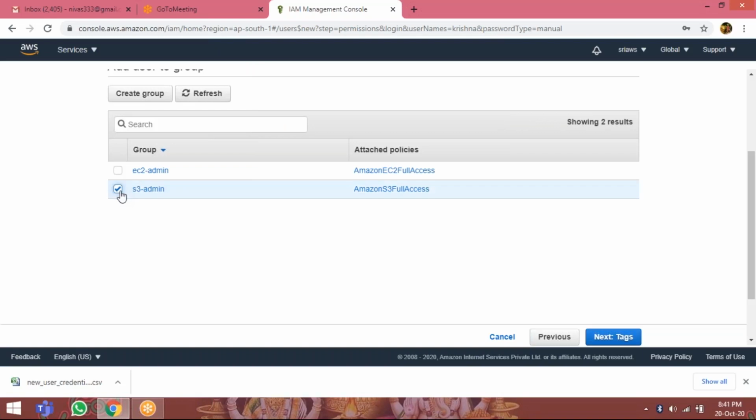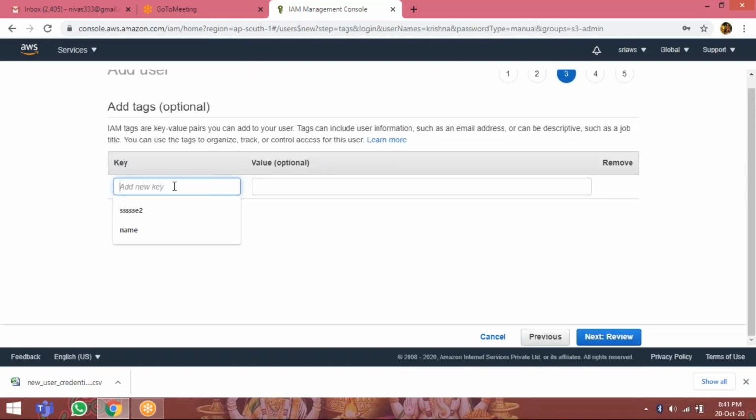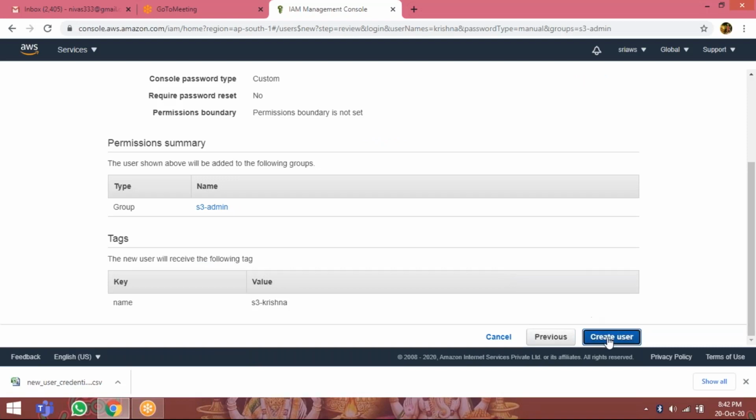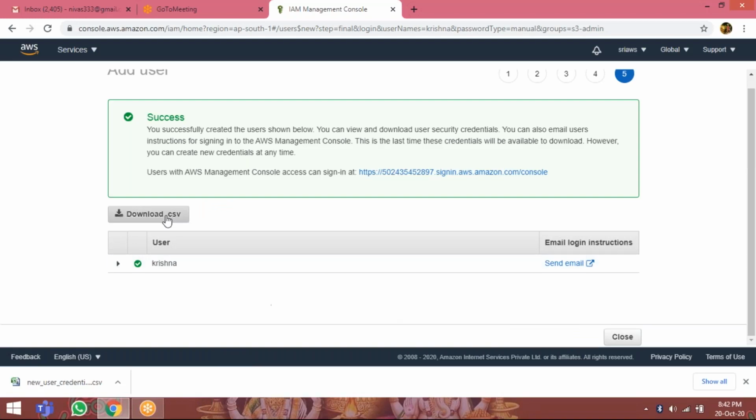Select S3 admin. So I am giving this policy for you. Add tags. Name, S3 Krishna. Next review. Click on create user. Download the .csv file.